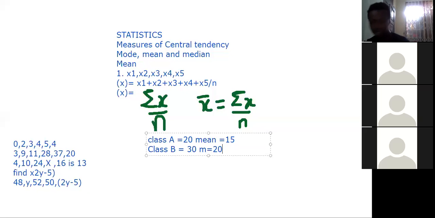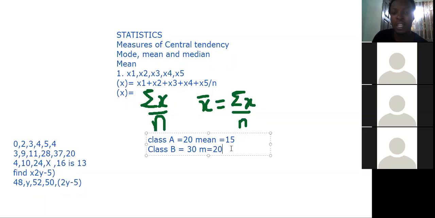So find the average age of students of the two classes. Before we can find the average age of the students of the two classes, we are supposed to find the total age. In this case, we are given the